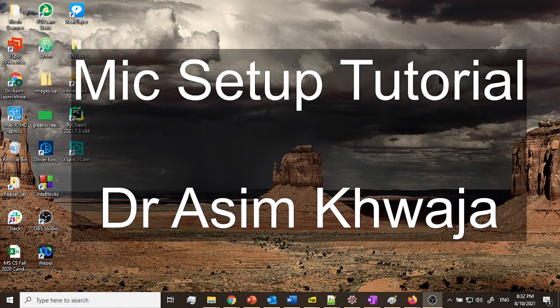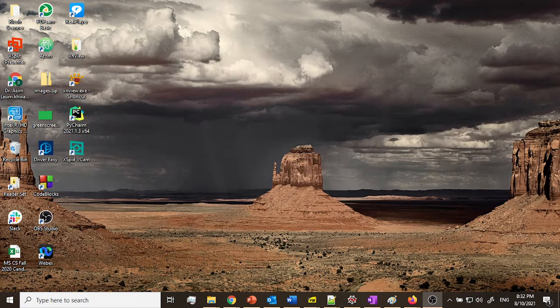recording, OBS, or any other app, will give you the same list of mics that the operating system maintains, and you have to make sure that you select the right mic. And sometimes we run into issues in there, and so this is an important first step. So let's start with that, and go to the right hand corner, bottom right hand side of your screen, and